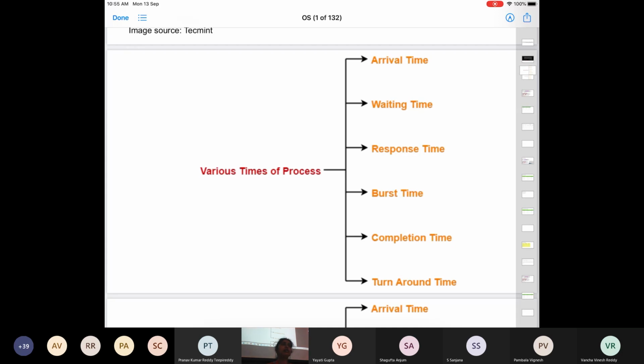But then the question is, how do I know? This information is not in the process control block. The process control block doesn't have this information, how much time a process requires. I'll come to know of it only when I execute it. I can write C code in which I have a random function, and maybe I print a statement some number of times, the random number I generated multiplied by some thousand. So there is no way to know in advance for how long a process will run on the CPU. But that's a very good point. We are going to look at that. That is one scheduling algorithm.